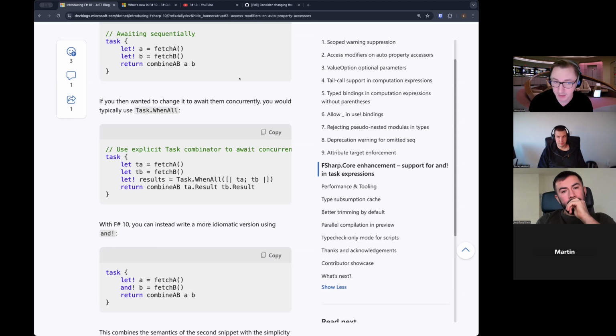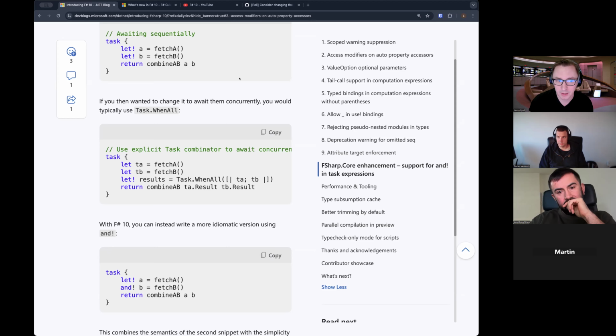I've had this implemented in IcedTasks for quite a while, and it's finally made its way up to F# core itself, which is a good thing to have because doing that kind of explicit combinator stuff is very annoying, very, very tedious. There are still some nice things that can happen eventually with changes like moving the stuff up to F# core, but